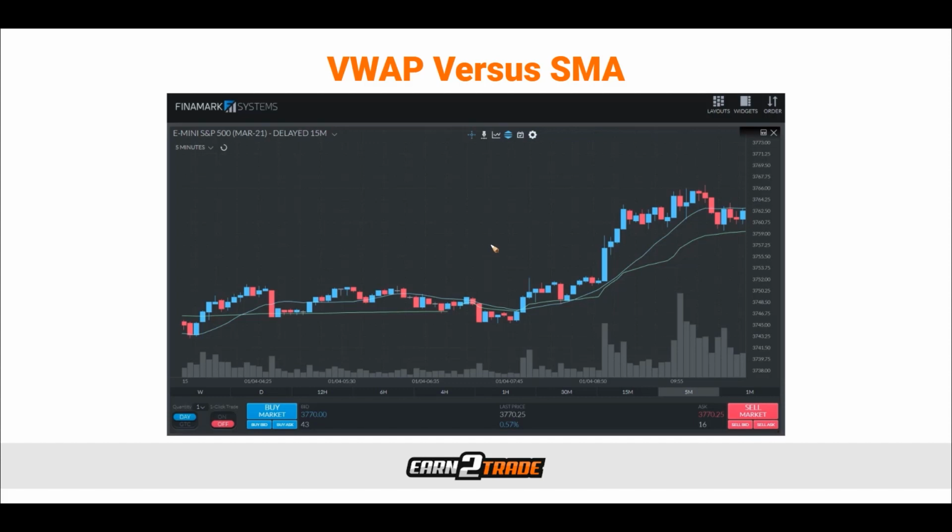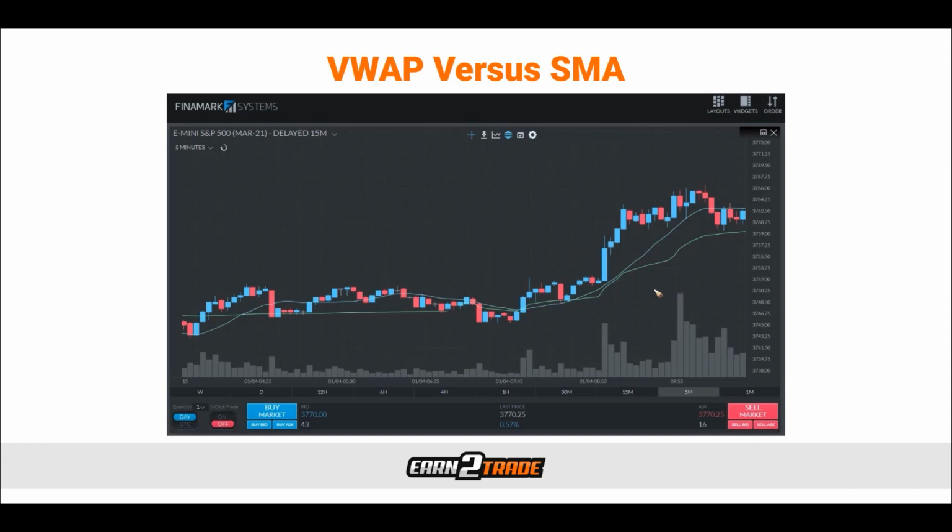Now, if you prefer having that past data in there, then a simple moving average might be more your speed. They are both valuable tools for traders, but ultimately it's important to understand how they differ. That way you can decide which is best suited for your particular trading style and your particular trading strategy. When plotted on a chart, for the untrained eye, the volume-weighted average price might not look extremely different at first. We can see that the green line and the blue line are relatively similar in the trajectory that they're going, but aside from this, the indicator is providing a much different read than the blue line, which is our SMA.